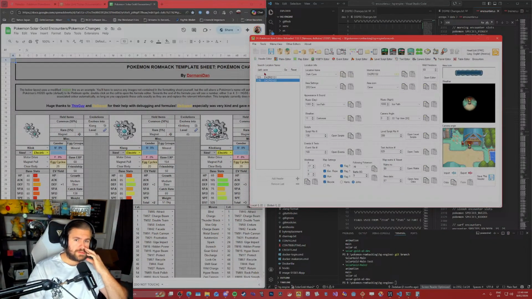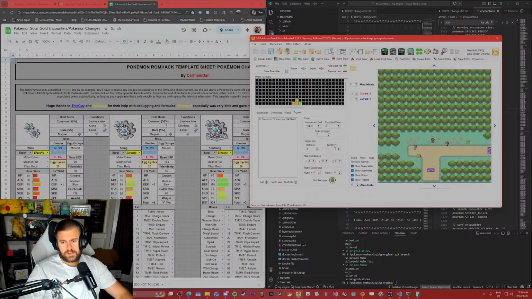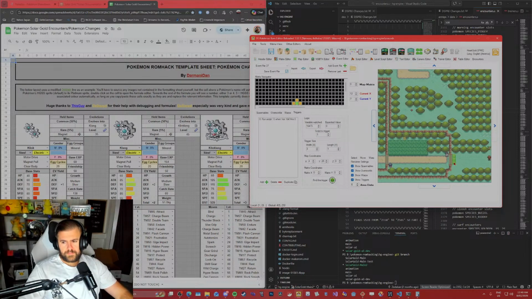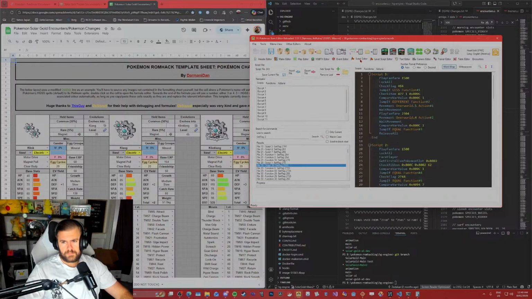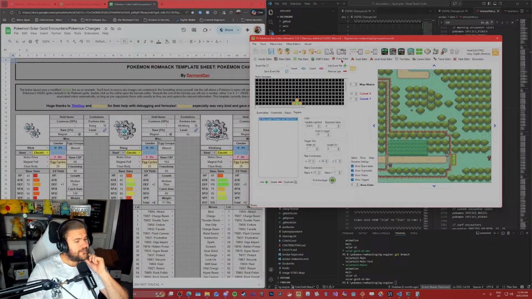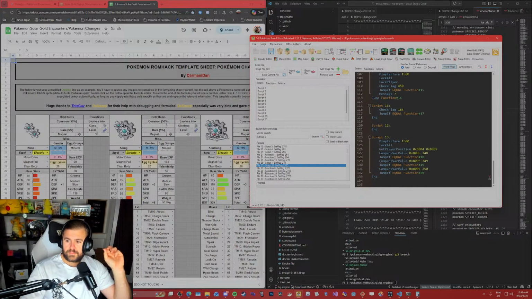That's what I'm saying. If it was in my head, it should be like this. It should be Route 36. Right. You go to the trigger tile. This is 13, 18, 19, 20.